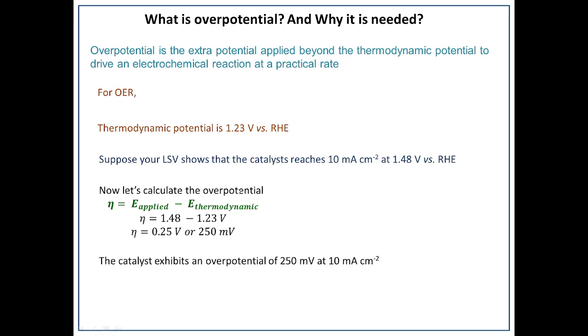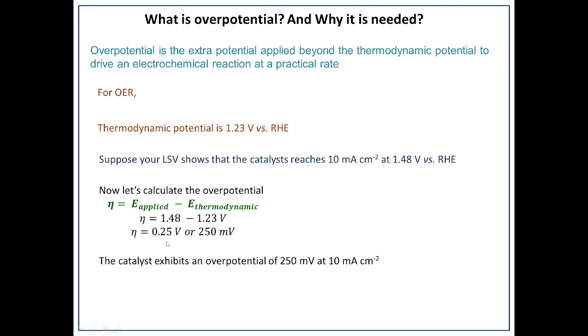Now let's calculate the overpotential. Overpotential eta equals applied potential minus thermodynamic potential. So when we apply 1.48 volt, the current reaches 10 milliampere per centimeter square. So the applied voltage is 1.48 minus the thermodynamic potential for OER, 1.23. So eta equals 0.25 volt